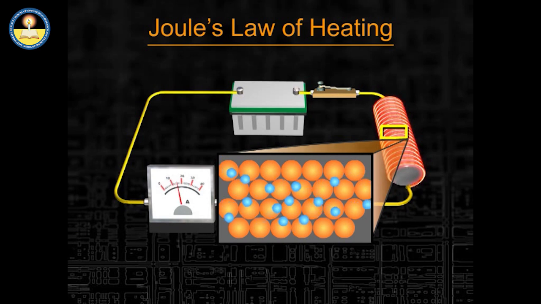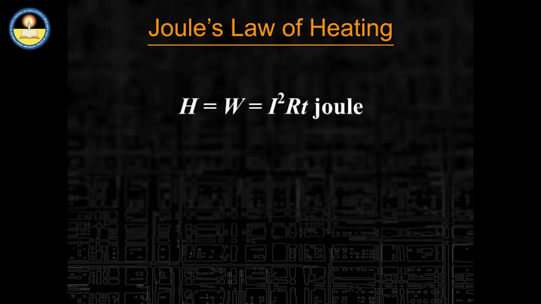If a conductor having resistance R carries current I for time t, then the heat energy produced by it is I squared R t joule. In terms of calories, it becomes I squared R t upon